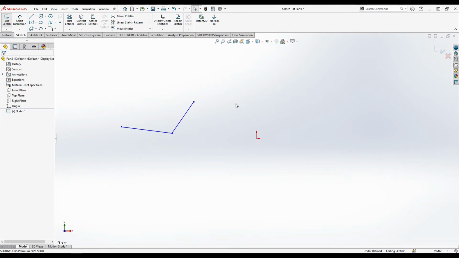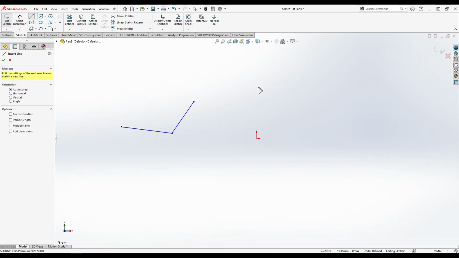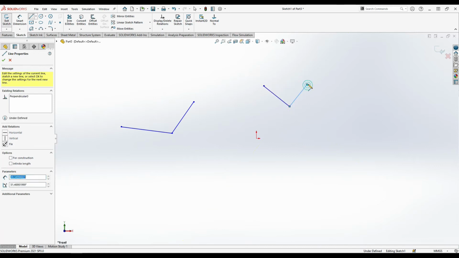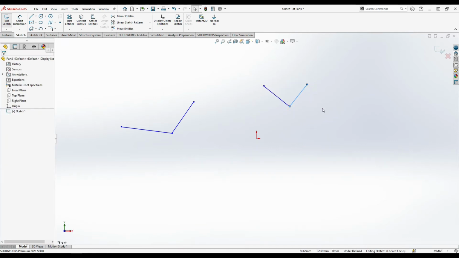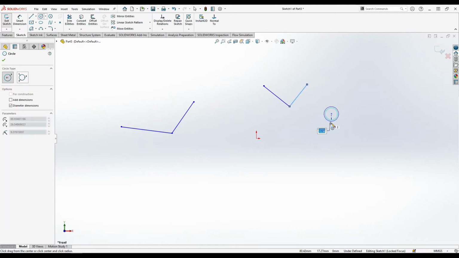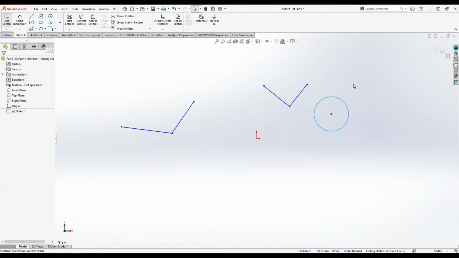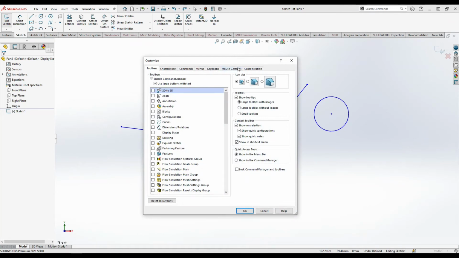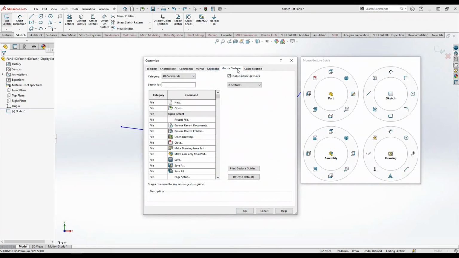once you click the mouse right button and drag a little, it will appear. Okay, and it is easy to use, like once you click this one, just click the line and see, here the line appears. Okay, again once you click the right button, you can see this circle and it is easy to draw the circles. So this makes it very easy to use these things. Just go to the customize, and we have already covered up to the mouse gestures.